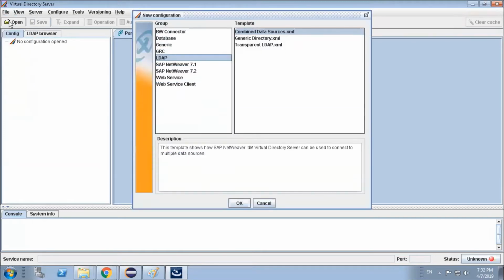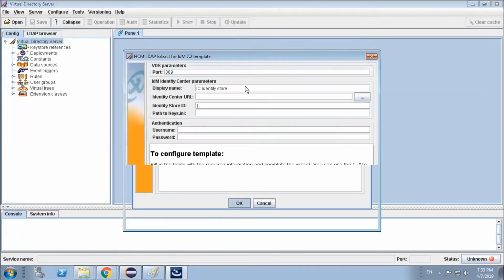Once you click on New, you will get various groups and their corresponding templates. For HR integration, we have a standard template: under the group SAP NetWeaver 7.2, HCM LDAP extract for IDM 72. This is the template we are using for HR integration. So you select the template and click on OK.